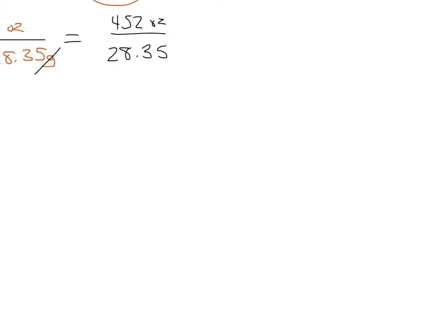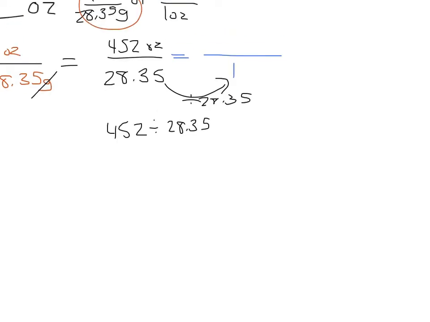So what I'm actually going to do, and that's the long way of thinking about it, you could also just take 452 divided by 28.35 because that is literally what that says. But I like to be a little thorough and say, well, I need this to equal something over not 28.35 but over 1. So the question is, what do you do to 28.35 divided by itself, but then you need to do the same to the top. So you're taking, again, 452 divided by